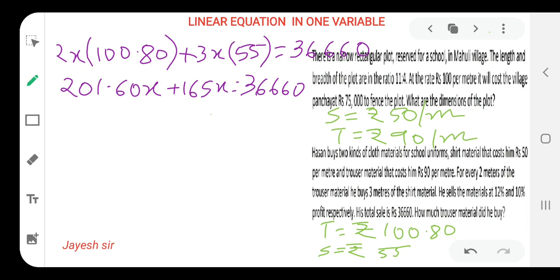Now we have to add both of them. Yes friends, how to add, that's also a difficult thing, because adding also becomes difficult when you add decimal numbers and simpler numbers. Now we can easily add 200 plus 165, that would be 365, and our answer would be 366.60x is the total material used, equal to 36660. Yes friends. Now afterwards we can get the answer. As you can see, we are getting the same number on both sides, but then also we will solve